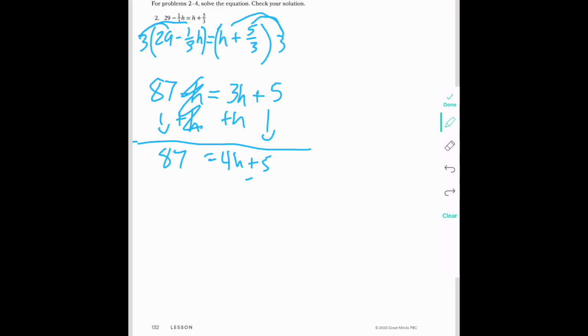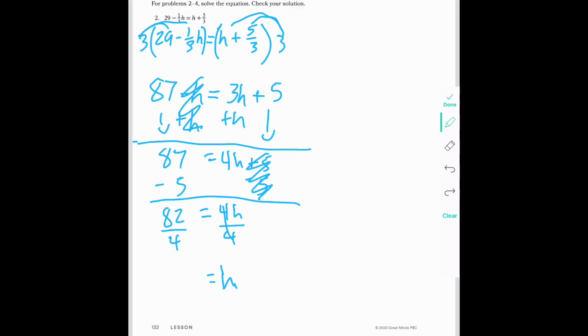Now we can get rid of the plus 5 because we're trying to get the variable by itself. All right. To get rid of plus 5, you do minus 5. This goes away. This would equal 82 equal to 4h. Divide by 4 to separate h and 4. This will turn into 1. So h would be equal to